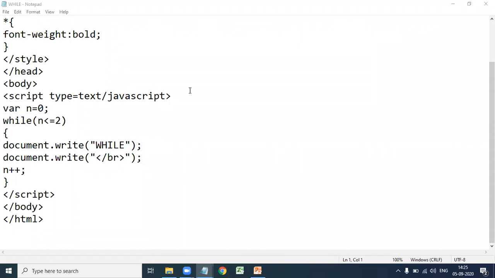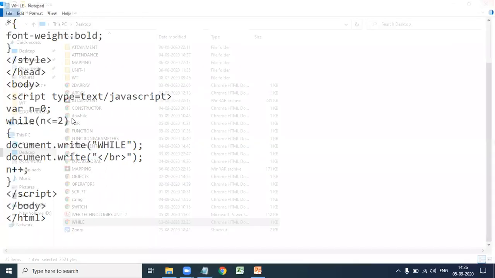Here the while loop is executed until the condition is false. If the condition is false, the statements stop execution. So the output for this program is that while is displayed 3 times. Okay. So next topic, do while.